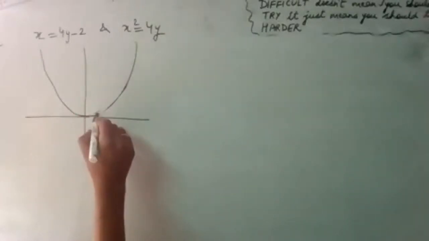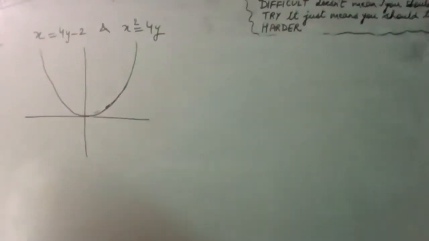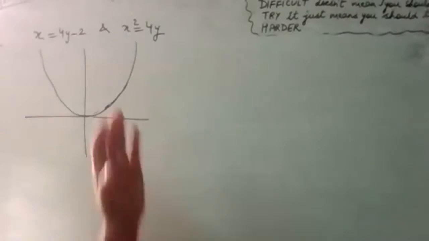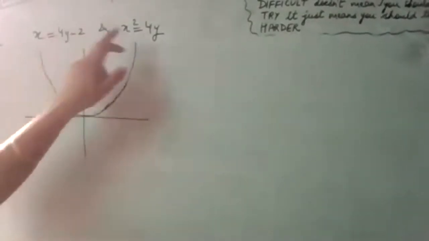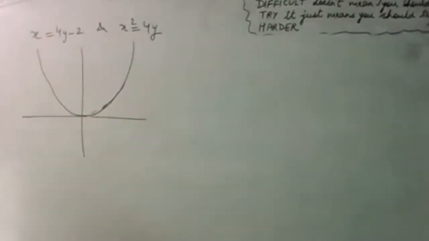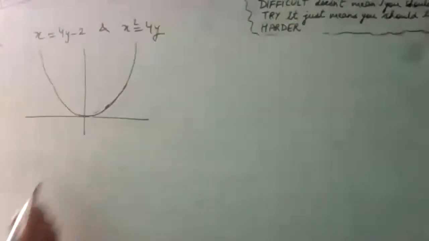And this is a line x equal to 4y minus 2. Now, how to make this line? The last question that we were having, we can just easily judge what type of line was that. Now, how to make a line here? For that, it is better for us that we first of all find out the intersection point, right? You don't have to plot the points, you just have to make a rough figure.